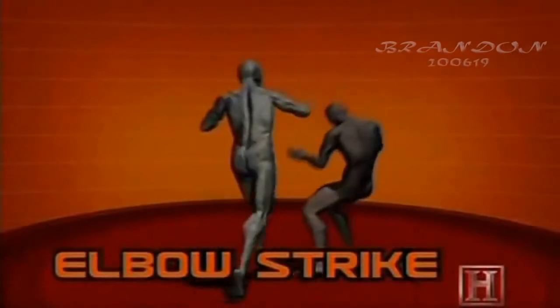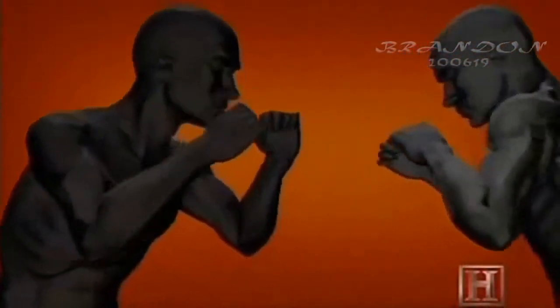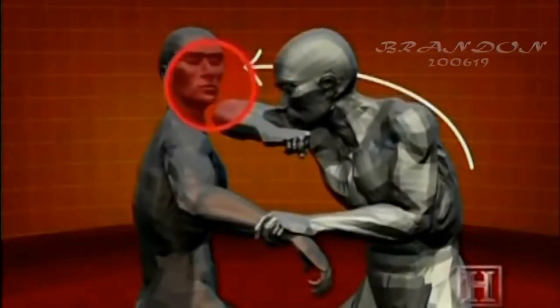Basically, it works like the point of a knife. All the force is magnified by being concentrated in a small, hard area. Even if the elbow doesn't deliver a knockout, it will almost always leave a nasty cut and often end a fight. The first elbow strike can accelerate to a speed of 25 miles per hour in less than a quarter